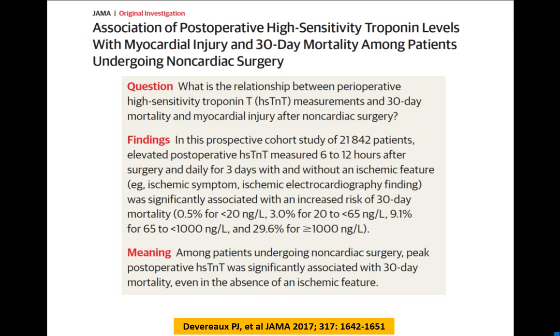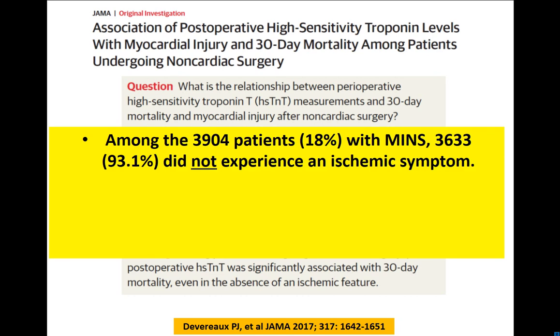I think we get some clues, but I think the major one has come from this sort of study, which is the association of post-operative high sensitivity troponin levels, that's HSTNT, with myocardial injury and 30-day mortality among patients undergoing non-cardiac surgery. And in this lecture I'm going to concentrate on non-cardiac surgery, incidentally. This is a prospective study of 22,000 patients, interestingly. Among the nearly 4,000 patients, 18% of this population with myocardial injury, MINS,